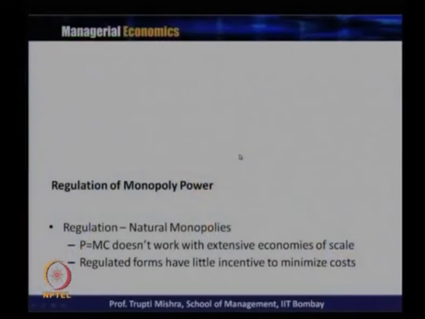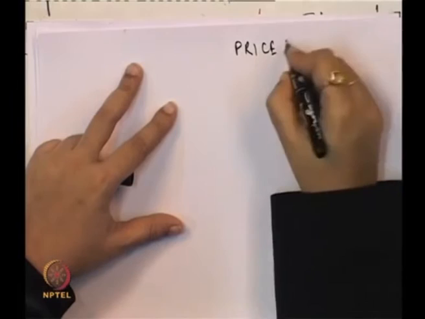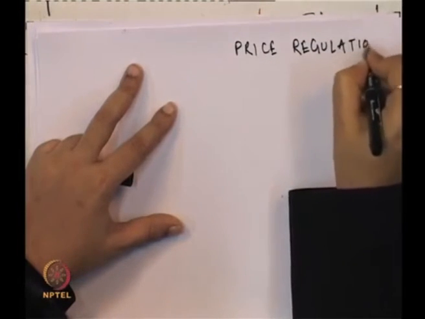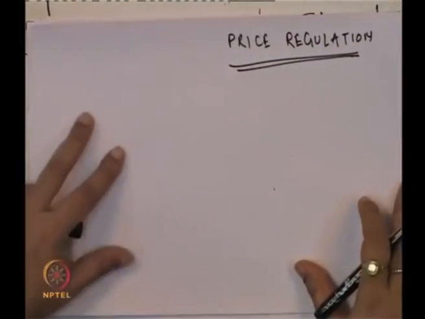But when it comes to regulation, regulated firms still have very little incentive to minimize the cost. But if there is an incentive to minimize the cost, at least some amount of the output can be controlled when it comes to regulation. So, next we will see how price regulation works in the case of the natural monopoly, and whether it affects the deadweight loss or whether it also reduces the social cost of the production.